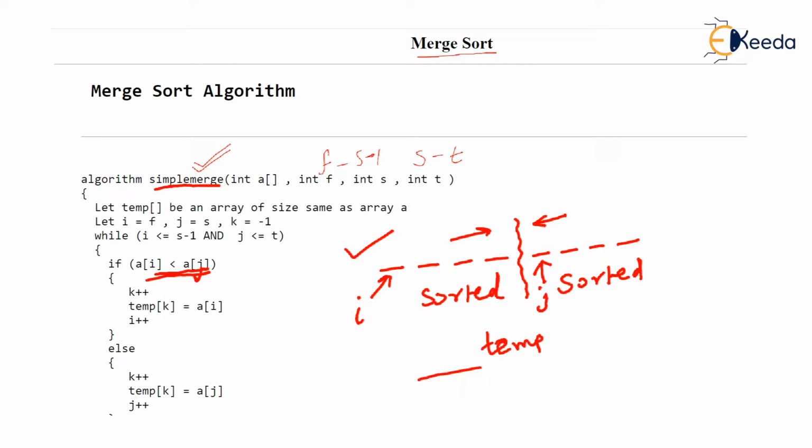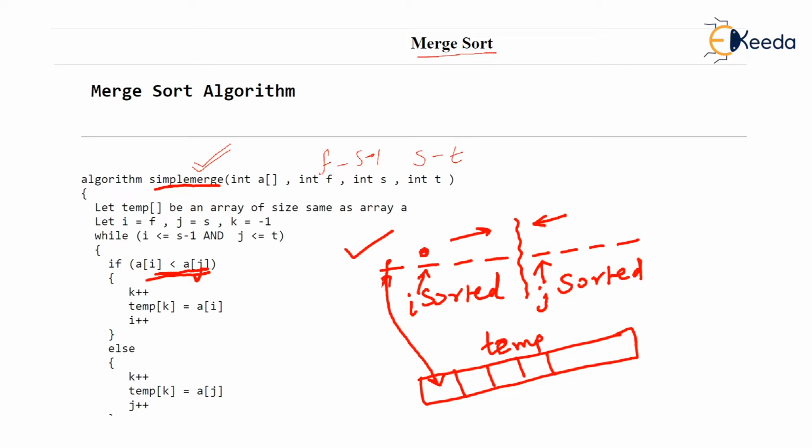Isn't it so? The temp array was an extra array taken, and whichever is lesser was copied into the temp array. Now imagine that ai is lesser and ai got copied in the temp array. Then we increased i by 1. We said i should be at the second element, the next element of this left partition, but j should not advance. By the way, you see that we have finished one comparison of ai with aj, and now a second comparison of ai with aj is getting done.